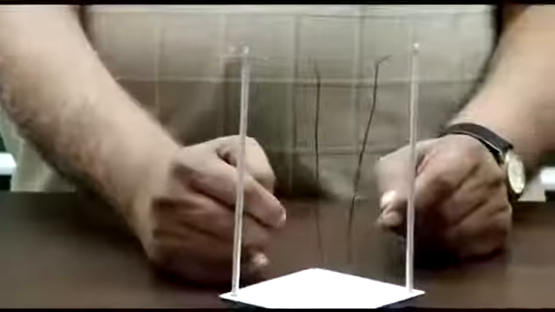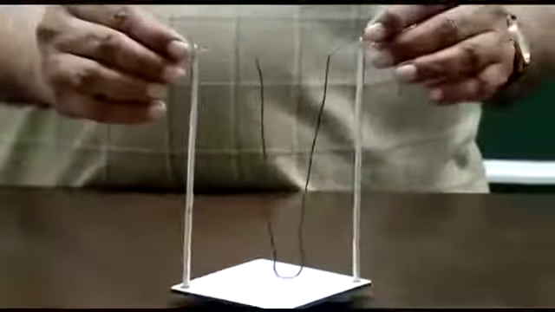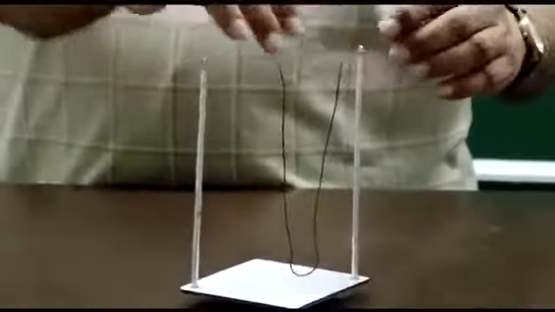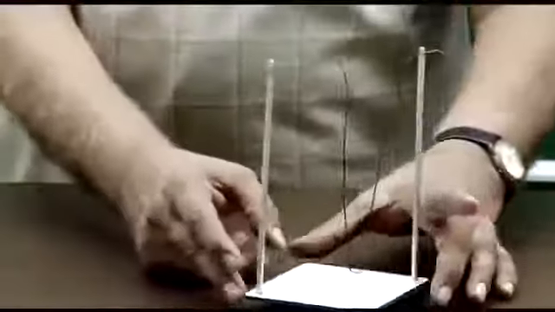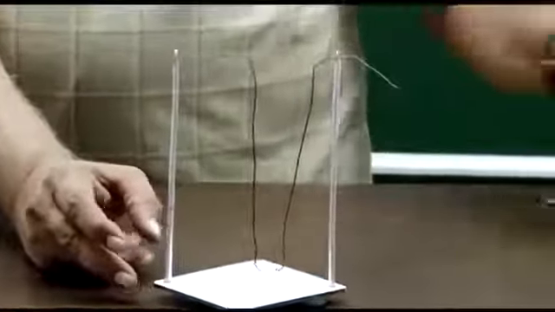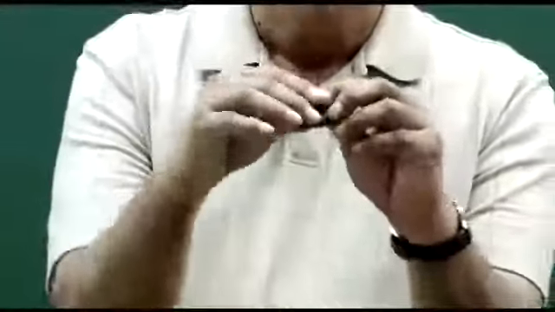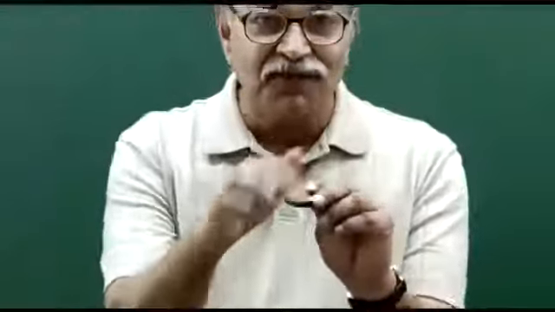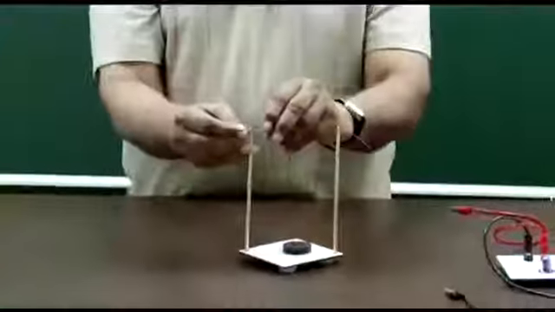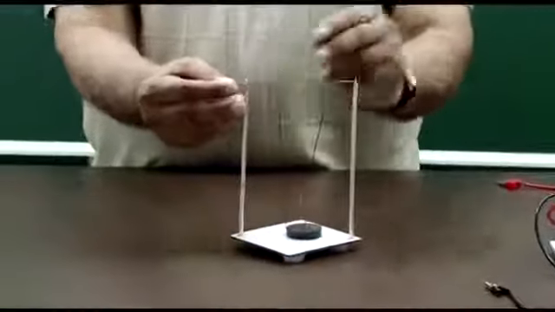this whole thing can move like a swing. So we normally call it a swing experiment because this wire can swing here. Now, we have a magnet, this time also a cylindrical magnet, but flat disc type, height is small and radius is more. So, I can put it here near the base,